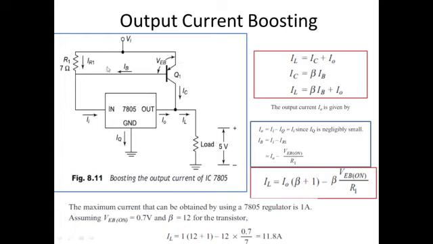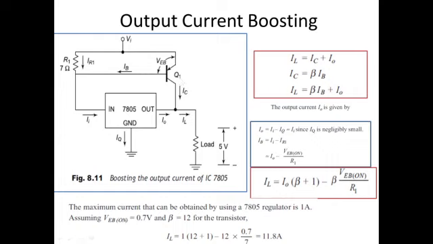Okay, you can see through the diagram, a transistor is connected between your input and output. Between your input and output, I am going to connect a transistor, and the input voltage is going to feed both your transistor and the input pin of your 7805 IC. Now let me see how the circuit is going to work. When the current is to be very low, I am going to boost the current. Again I repeat, I am going to boost the current that is flowing through the load. If the load requires a higher current, this IL will be increased with the help of the transistor.